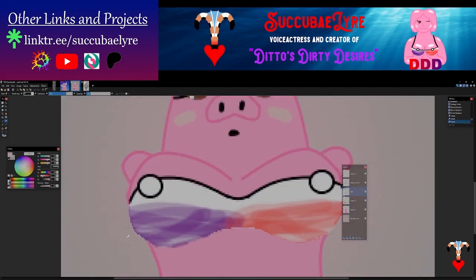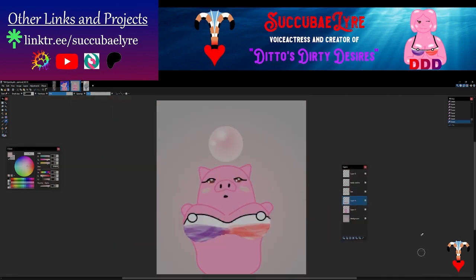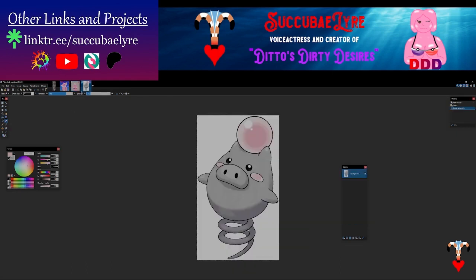So yeah, now I'm going back in and cleaning up that bra finally. Just going with an eraser tool and a soft gradient and just cleaning it up on that layer, like I said. The layers are so helpful. The program I'm using, by the way, is paint.net. I have used it pretty much since high school. It's very much a case of I'm just familiar with it and it's free, so I'm going to use